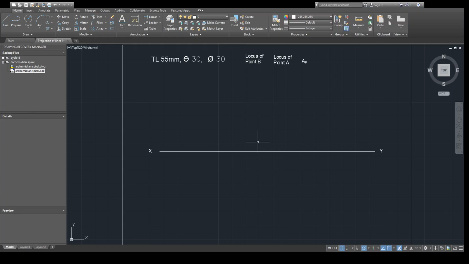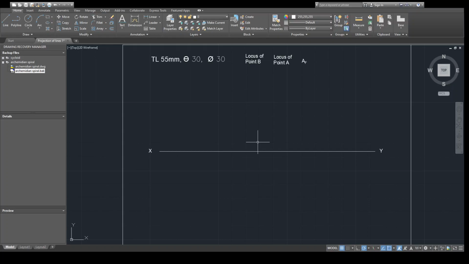So whenever a line is parallel to one of the planes, over that plane we can see its true length, and over the other view it's an apparent length. Suppose the line is parallel to the vertical plane, it means we can see the front view is a true length over the vertical plane. Suppose the line is parallel to the horizontal plane, in that case the top view is a true view and the front view is an apparent view. Suppose the line is parallel to both the planes HP as well as VP, then both the views, that is front view and top view, are true in nature.